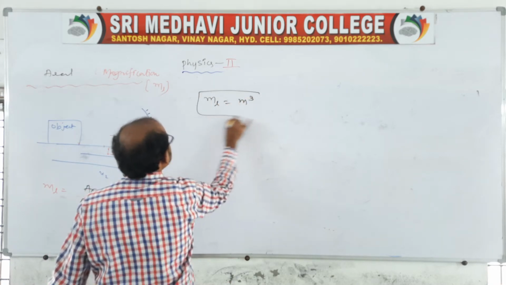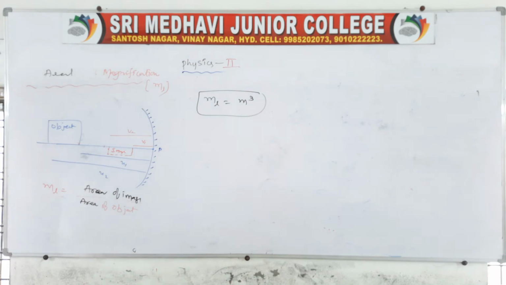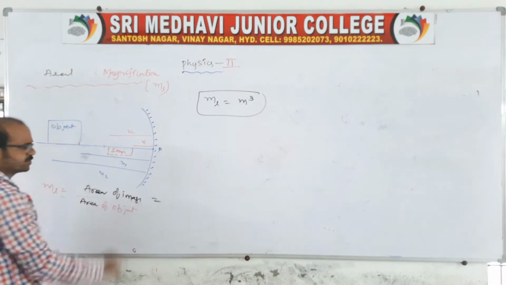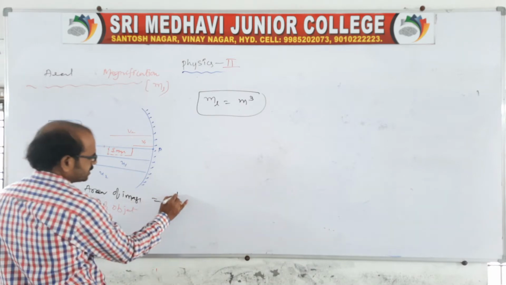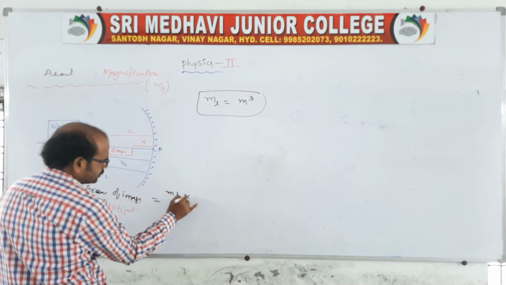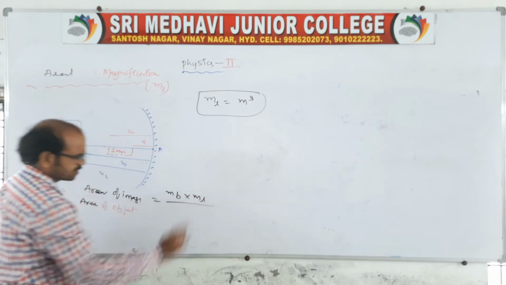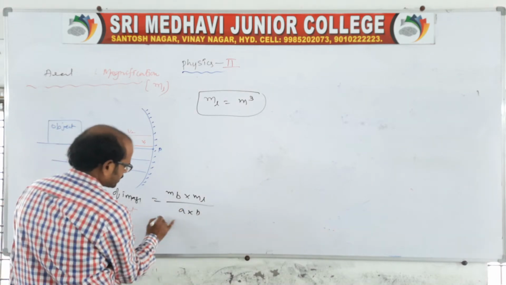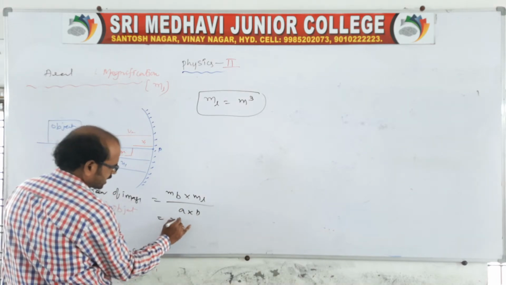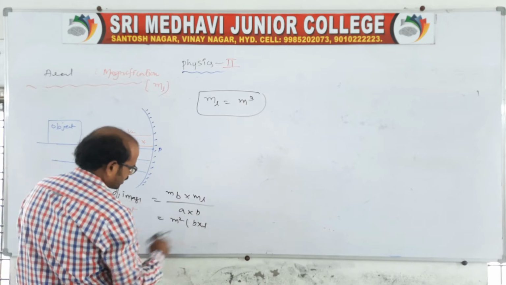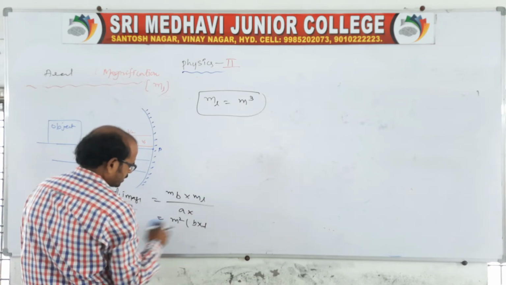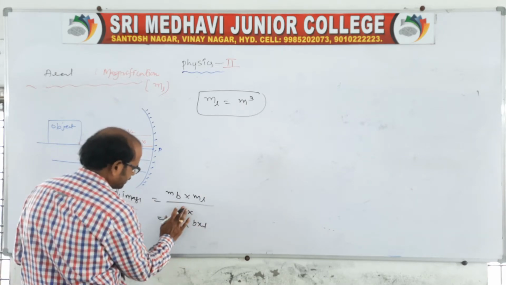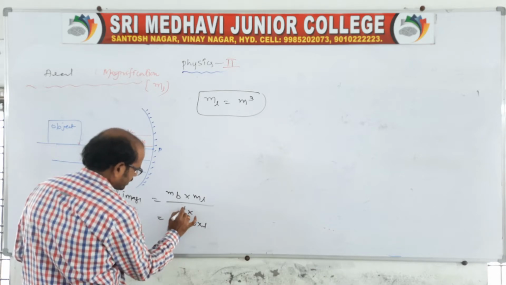It is directly we can, because area of the image we can write as breadth into length, so that you write b into m l, that is a breadth by this, and here a into b, that's all. So that here what happens, m square into b into l, here also you write area, l it is, you say it is b into l.